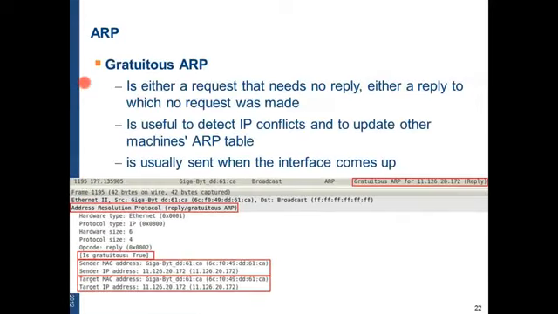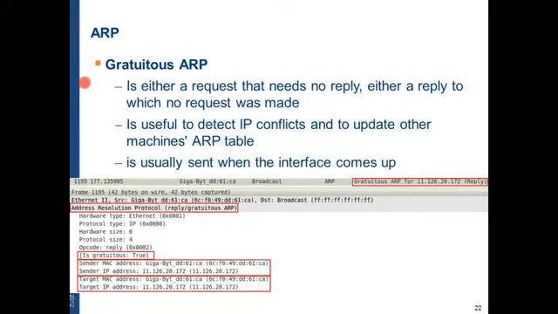A gratuitous ARP is either a request or a reply that does not have a correspondent. The request does not expect a reply, and the reply is not given to any request. This is usually sent by a router when it comes up in order to notify the hosts, so that the hosts have its MAC.